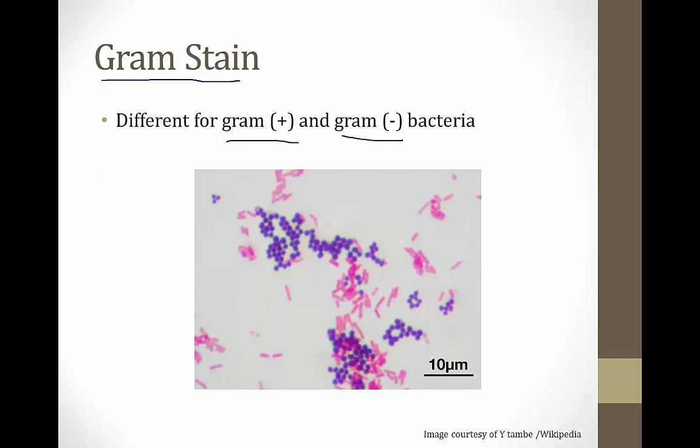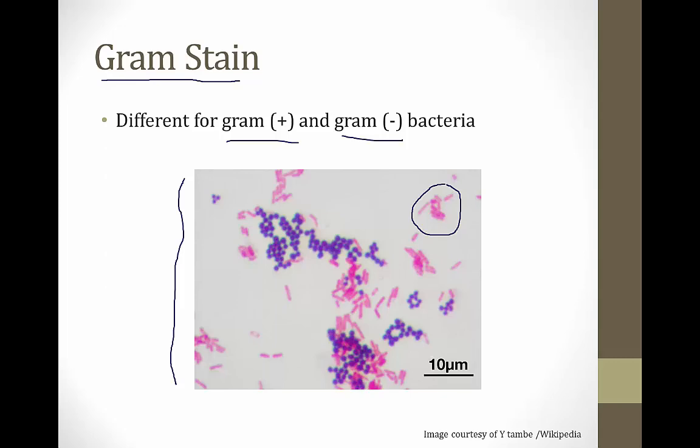And if you look at this slide right here, you can see that there are deep purple circles, and those are bacteria that are gram-positive. They have taken up the Gram stain, and thus they have become dark and purple. The red organisms on this slide, like the ones I'm circling here, have not taken up the Gram stain, and therefore they look red or pink on the slide. So using the Gram stain to separate bugs into gram-positive and gram-negative is one of the most important identification methods we use. And the reason some bacteria are gram-positive and some are gram-negative is because of the characteristics of their